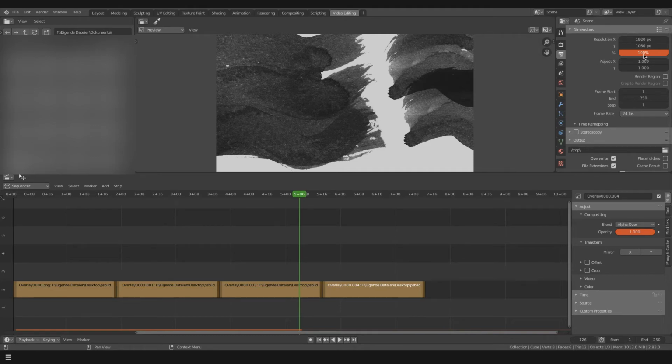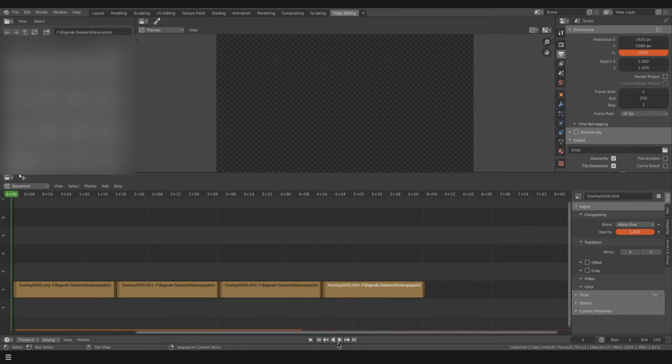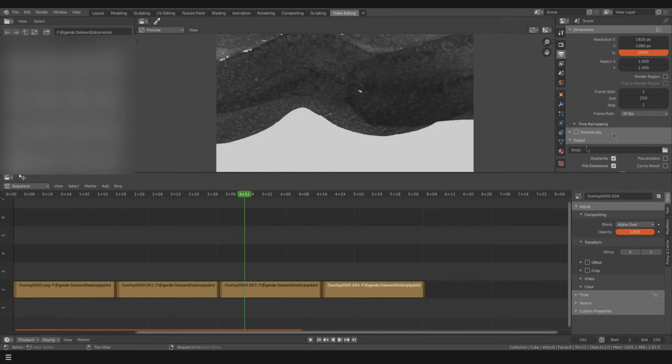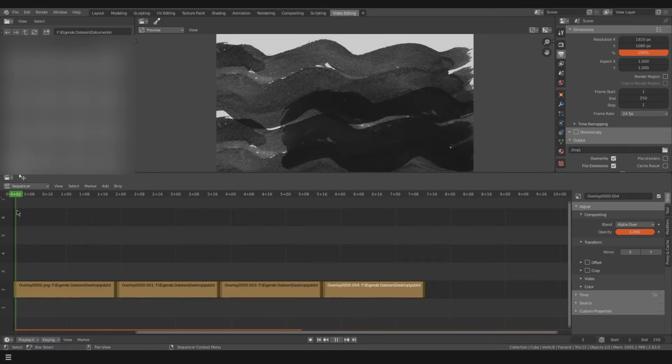So then make sure that we have 100% in order to get the true resolution we have selected over here. And now we have to go to this frame rate, and of course we have set in Photoshop our frame rate to 30 frames per second, and if we play through here you will see that it is now a little bit faster. Through that you can change your timing in the video a little bit more,